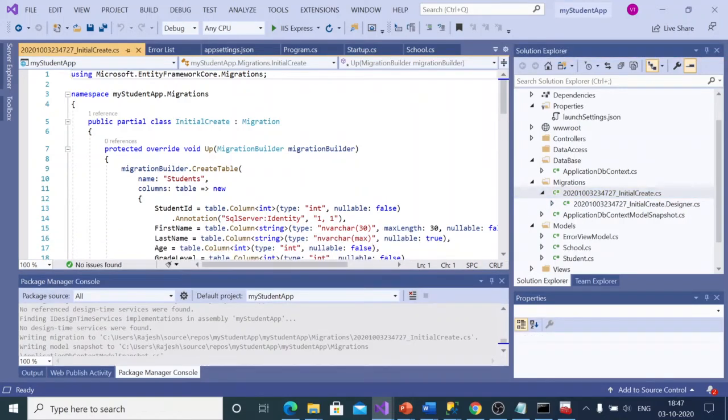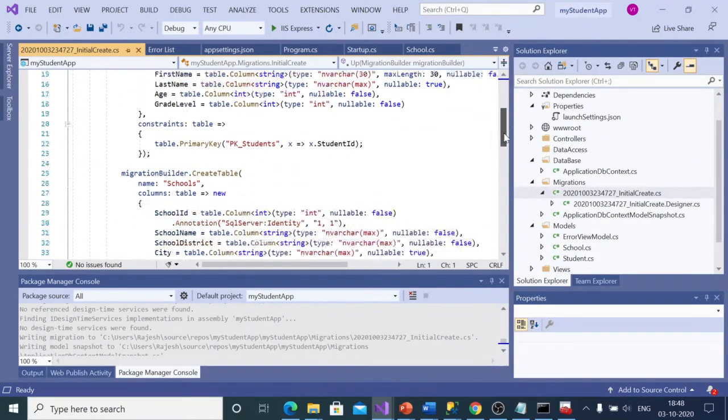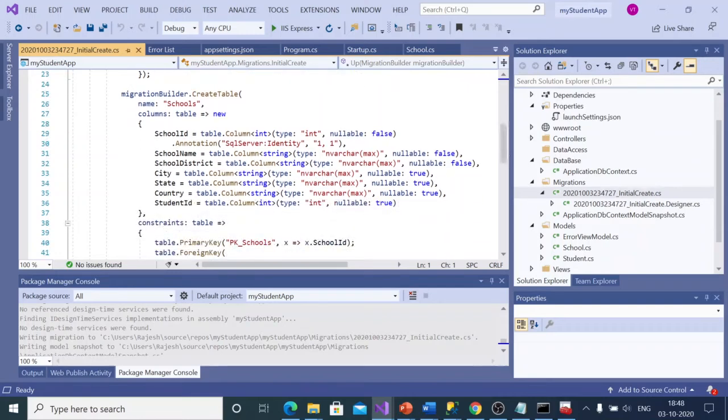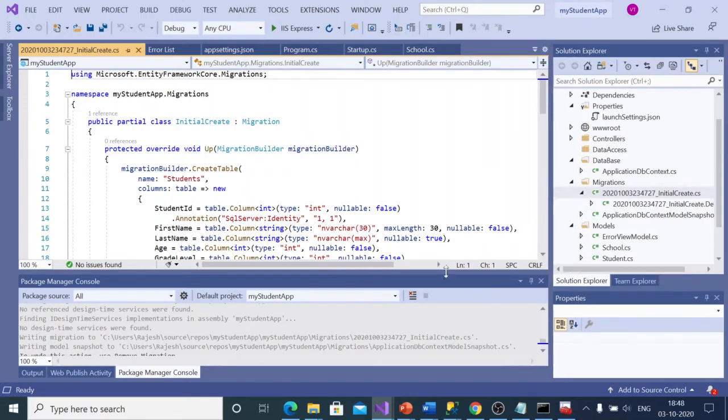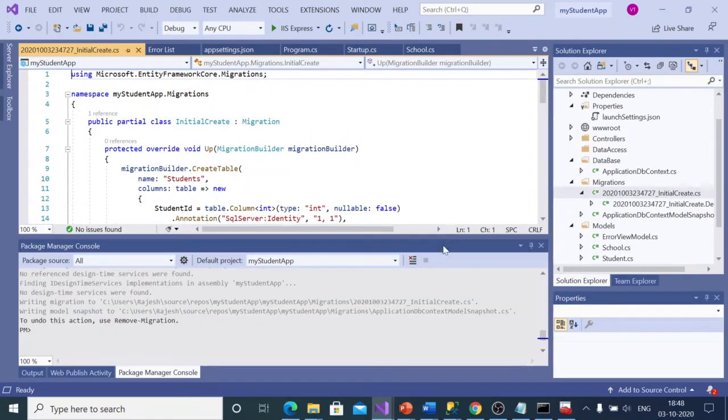If you see that one, it says, hey, I want to create a table for students, and then it created the script for that one, and it did the same for schools. Awesome. So that's what the Entity Framework is all about. Once you have the model ready, it can build the structure to build a database. So let's go ahead and, before we do that, let's validate the